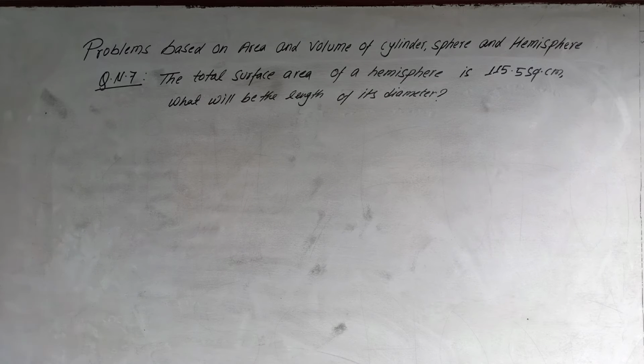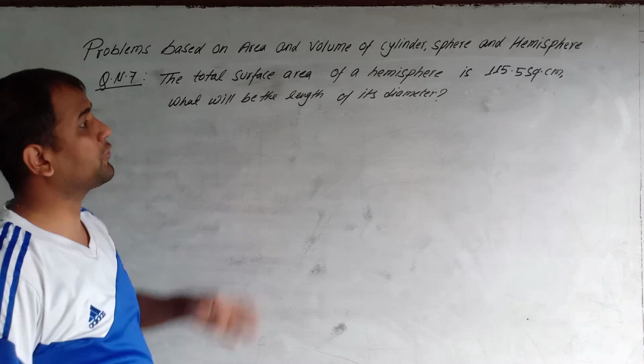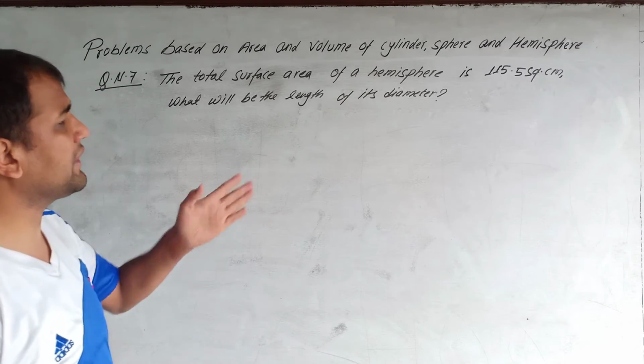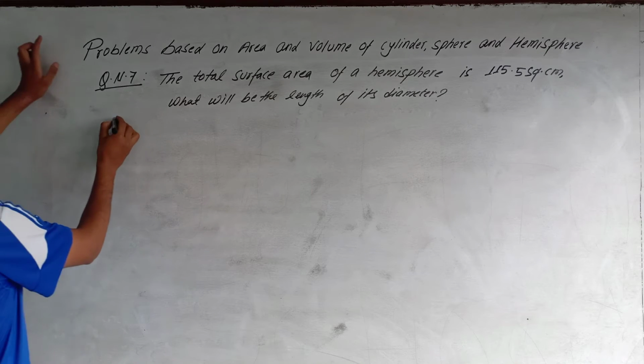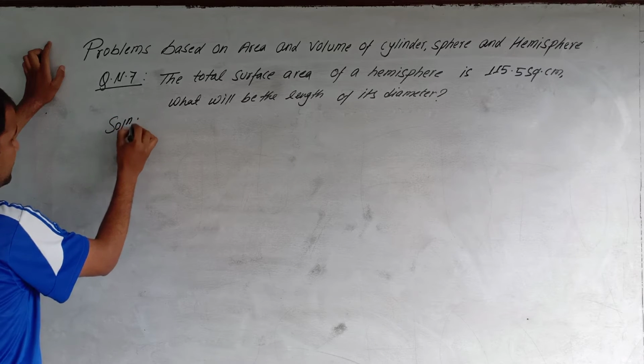This is our 7th question. The total surface area of a hemisphere is 115.5 square centimeter. What will be the length of that? This question is related with hemisphere. So, solution: